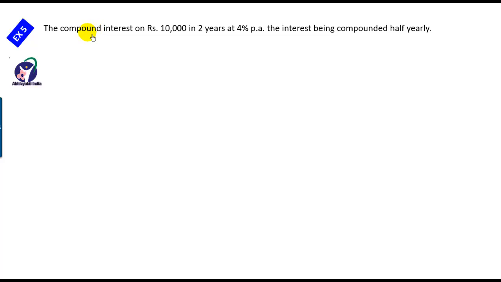Now the next question is: the compound interest on rupees 10,000 for 2 years at 4% per annum, the interest being compounded half yearly. We have to calculate the compound interest on rupees 10,000 for 2 years at 4% per annum, and it is said that the interest is compounded half yearly. So here